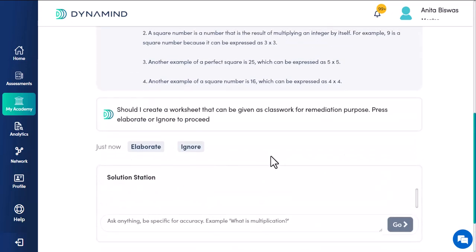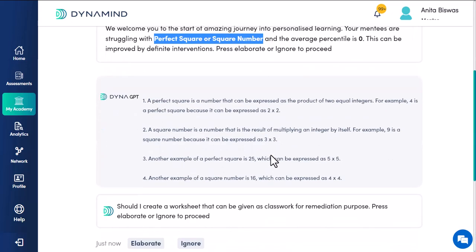So now a lot of examples are generated by the system. It is asking me after this whether I should create a worksheet that I can circulate in the class as classwork for remediation. Again, it is focused on the weaknesses observed for that particular group of mentees. So if I say elaborate,